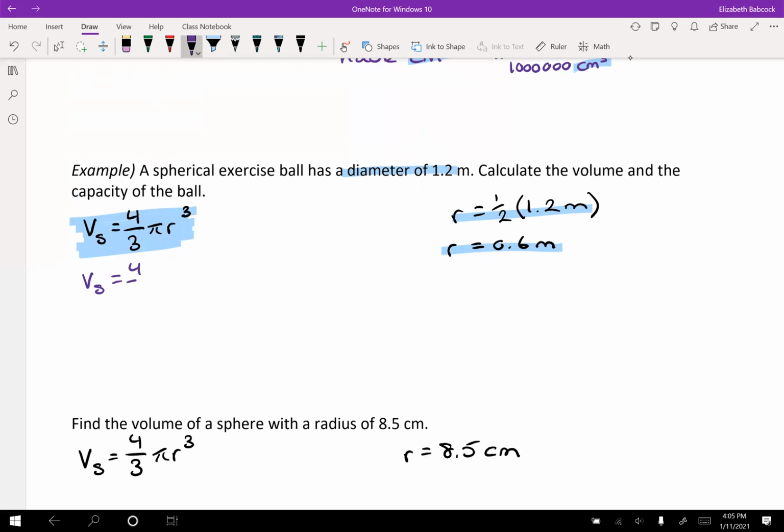Volume of the sphere is 4 divided by 3 times pi times 0.6 cubed. If you plug that into your calculator, you use 0.6 to the power of 3 times pi times 4 divided by 3, and you get a total of